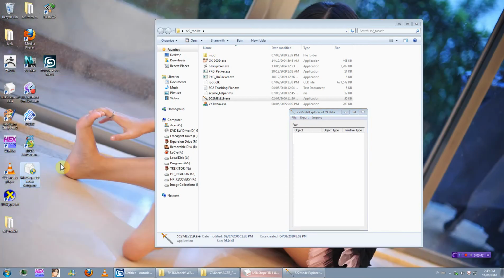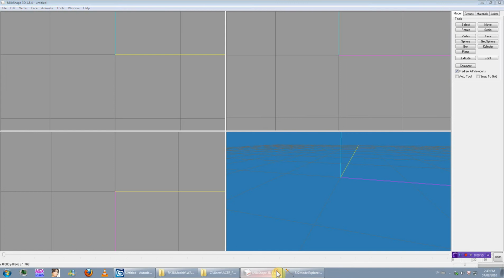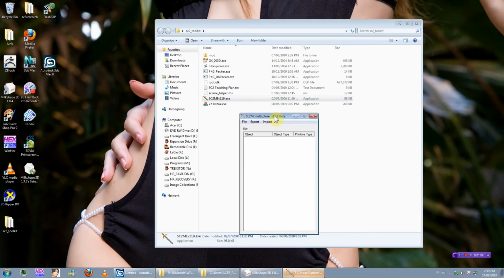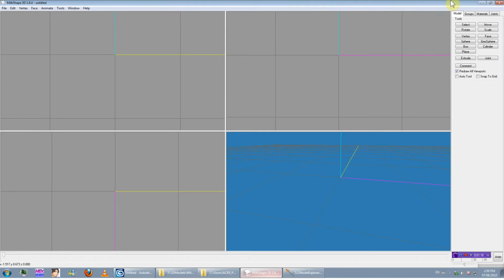That version did not support skin weights, though it did retain them until you did something. But anyway, that was garbage. He kind of disappeared from the scene. Milkshape updated a few times after that, and with the new Milkshape, if you save, it's incompatible with Jasmine's tool. It'll just crash. So I wrote something in 3ds Max using the scripting language MaxScript just to transition the new version, which is 1.8.4, to the old version,